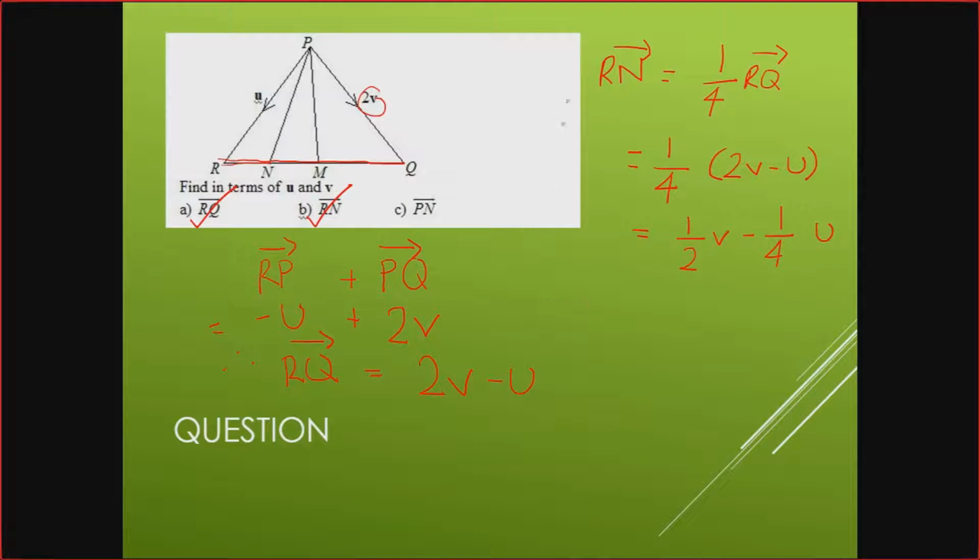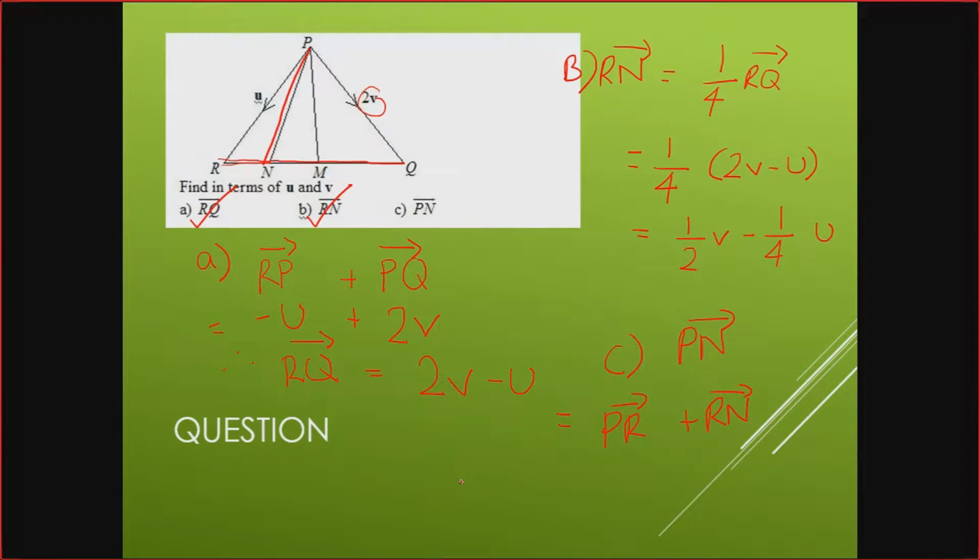Now, moving on to C, so this is B, and that's A. Moving on to C, we're trying to find the vector PN. And that line there is PN. So what way can we find that? You can use PR plus RN,